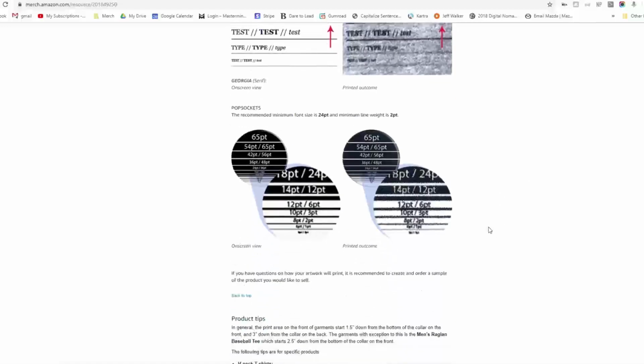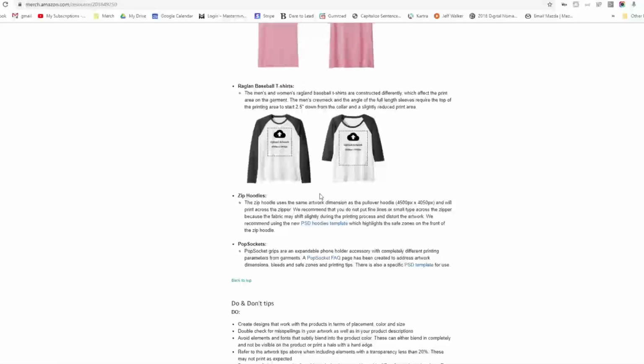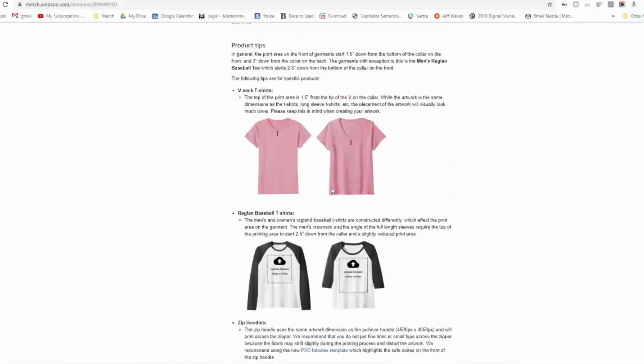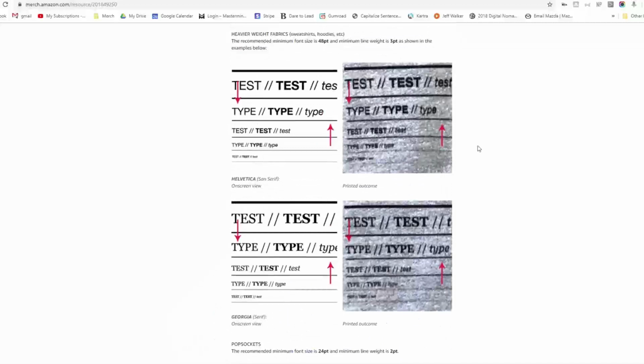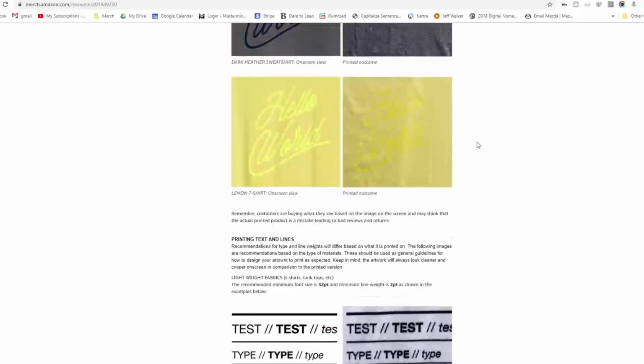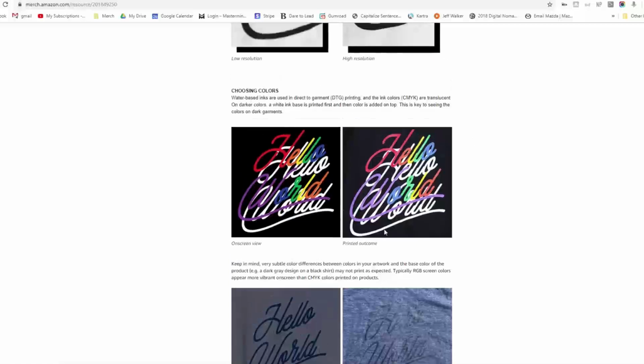I really, really appreciate Amazon for doing this and showing off all these different guides to help us design better. Just things that I take for granted that I know, so when I'm designing they're all baked into the way that I'm designing. But if you go through here and read all of these things and try to soak up all this information, I definitely think that will help with the way that you're designing and your understanding of what's actually going